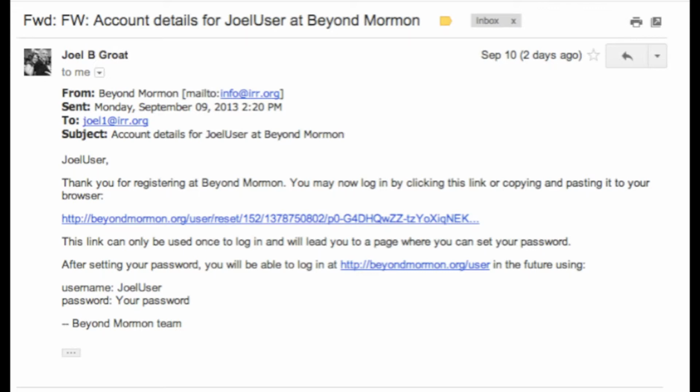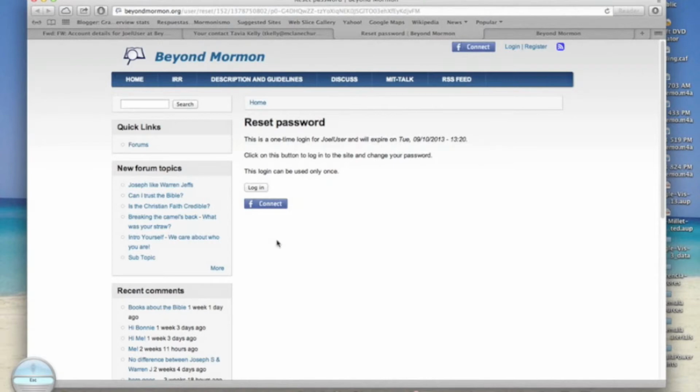So this will take you to a place where you can set up your password on the forum. So I will click on the link of the email. You can either do that or you can copy and paste it into your browser. It'll open up a new window for you, and here it will say